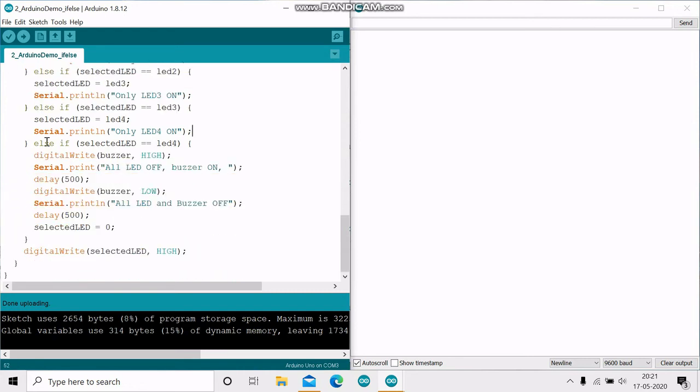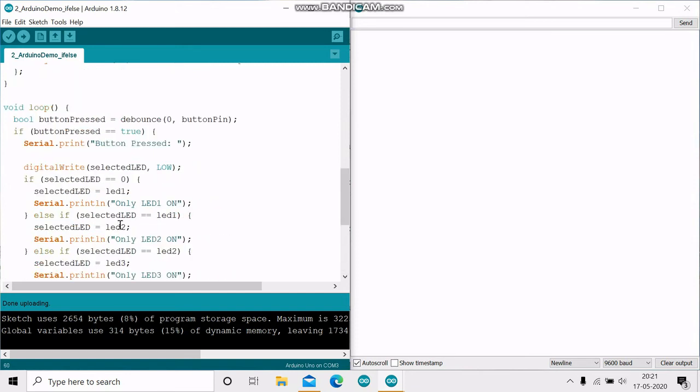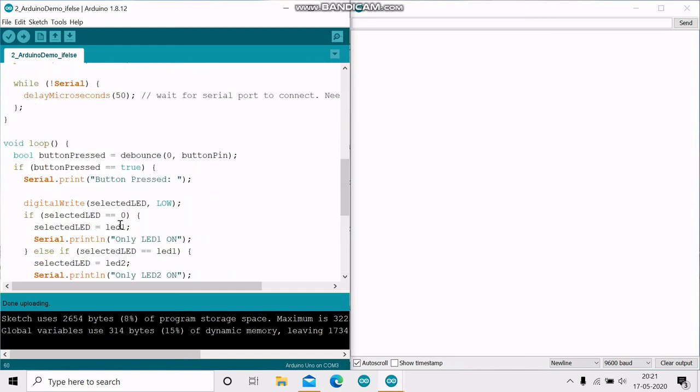On the fifth button press, the selected LED value will be LED 4, and so LED 4 will be turned off, and then the buzzer will be turned on. It will beep once. The selected LED value will be reinitialized to 0, and then I will return back to the initial state when all my LEDs were off and the buzzer was off.